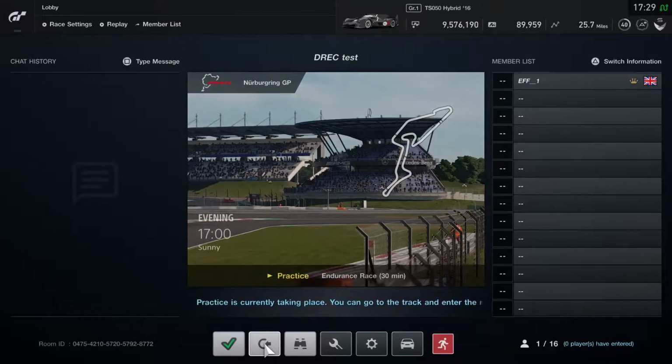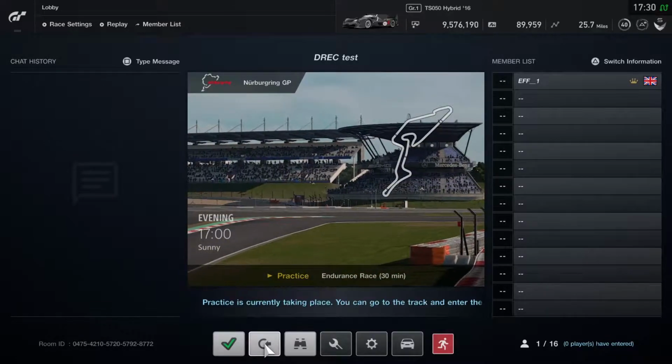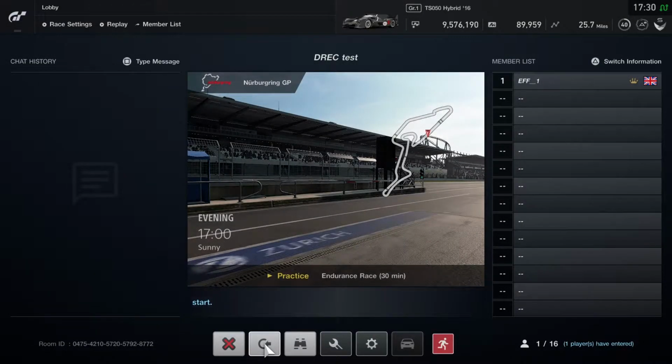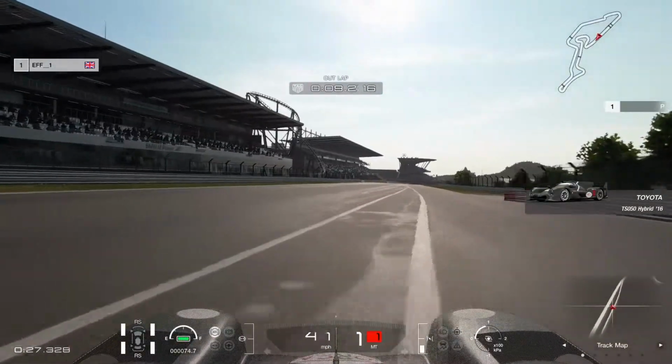Hello and welcome to the Nurburgring GP track guide in the Group 1 Toyota Hybrid. This is a really interesting track because it's quite technical and almost impossible to get a perfect lap, but we